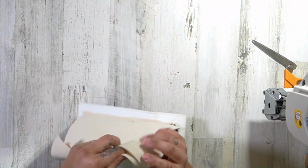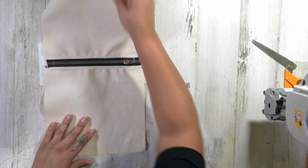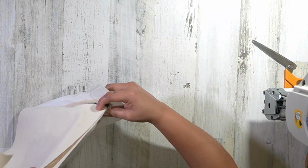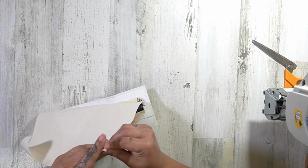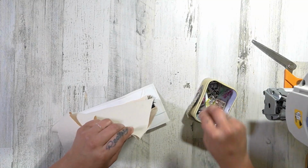Now, she says that she likes to close it in 2 steps because when you're closing it, you want to get as close to here as you possibly can. And usually that's easier to do when you are going toward